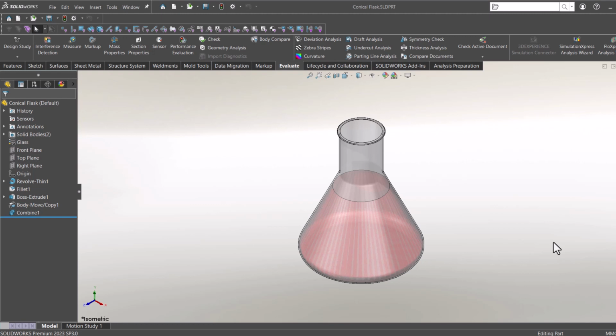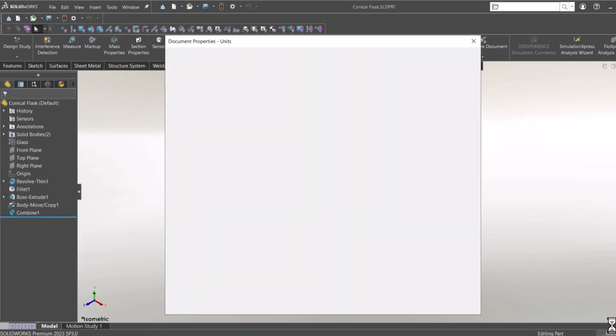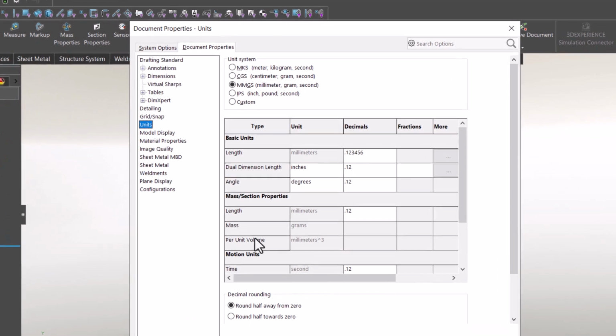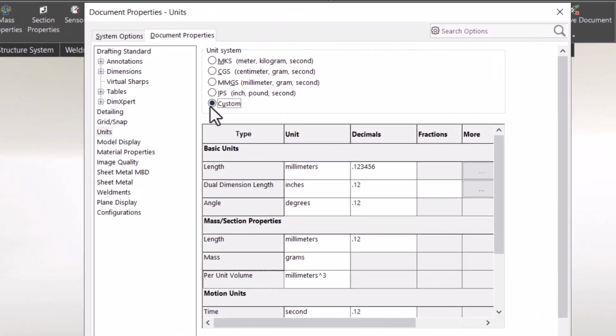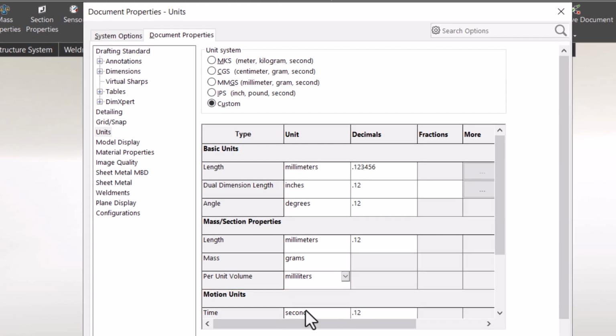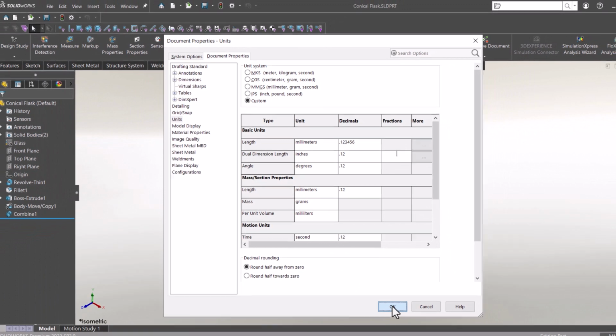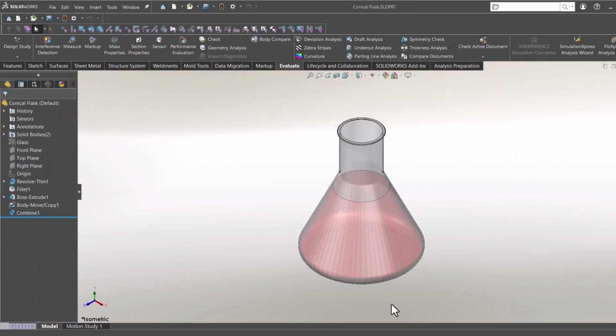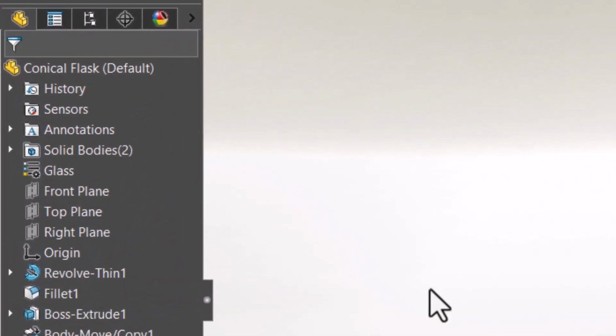This is a fast and direct way to display the results while at the same time we get a better insight to our models. I will convert my units to this document to milliliters for this example. To create a new sensor, simply go to the corresponding folder in the design tree.